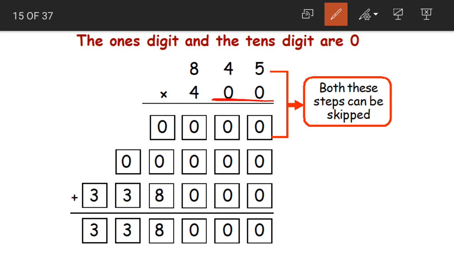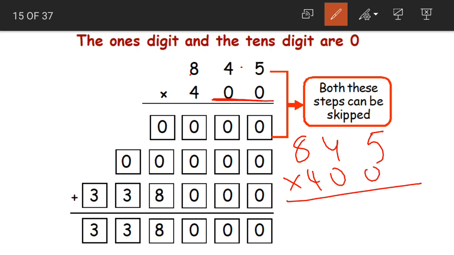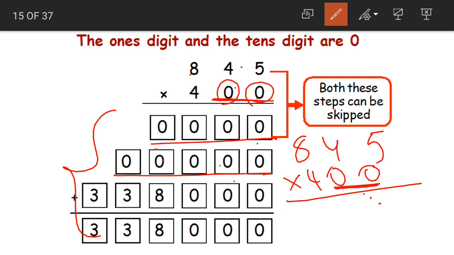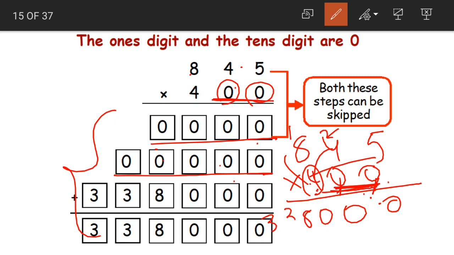Now here both digits are zeros. 845 into 400. Now in this multiplication they have multiplied with both the zeros and gave you the answers. Here let us simply skip multiplying these two zeros with these two zeros. Yes children, let us start multiplying directly with 4. Yes, but before multiplying, after 4 we are having 2 digits, so placing 2 zeros. 4 5s are 20, 2 carried, 4 4s are 16 plus 2 is 18, 4 8s are 32 plus 1 is 33.